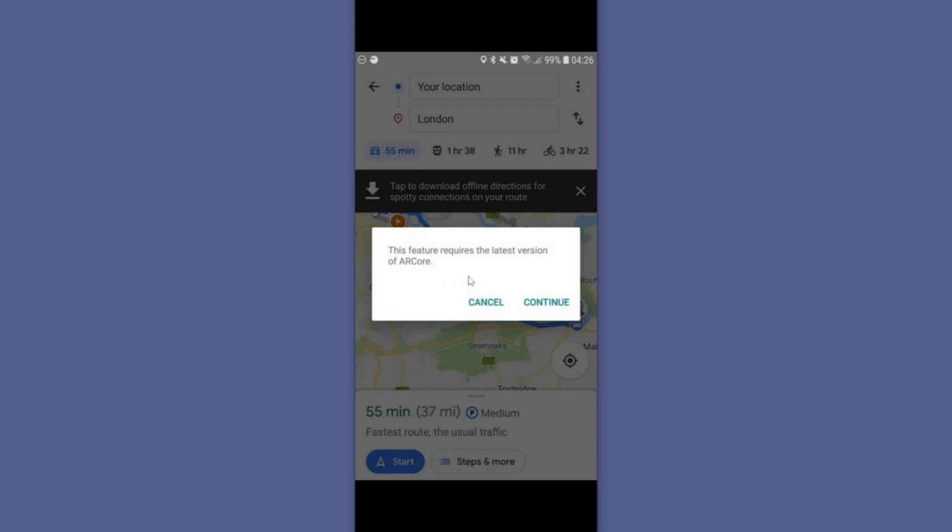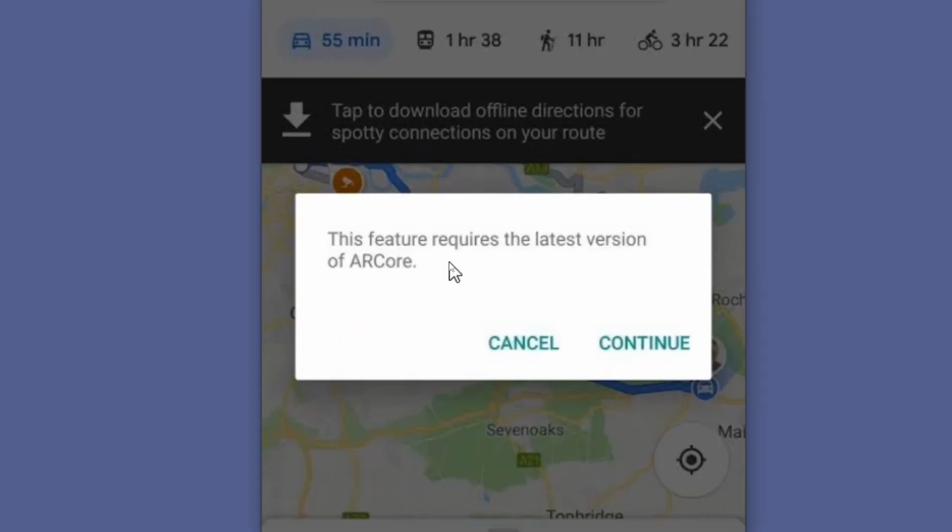In this video, I'm going to show you how you can fix this feature requires the latest version on Google